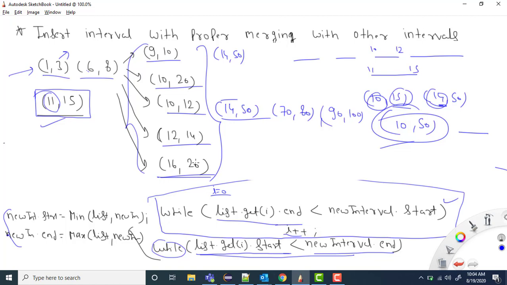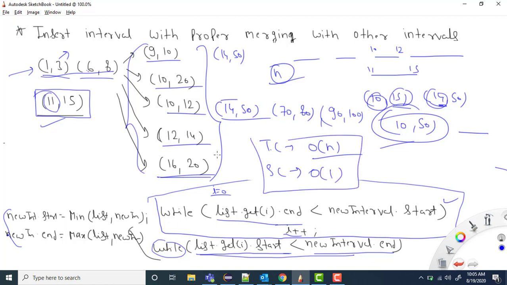And if you talk about the time complexity, let's say there are n intervals given. One by one we are operating on all the intervals, because first of all we checked from here to here, then again here also we are checking one by one all the intervals, and at the last we are adding all the intervals one by one. So ideally the time complexity will be big O of n, where n is the number of intervals, right? And if you talk about the space complexity, as such I'm not using any extra space, so space complexity will be big O of 1, right?